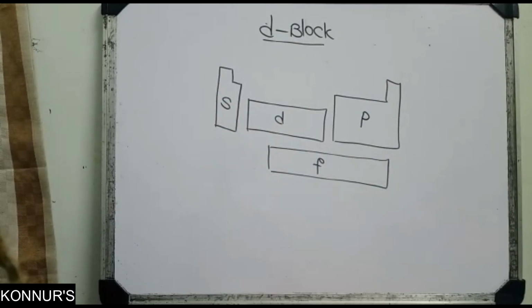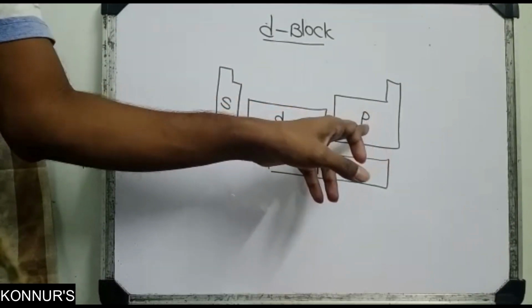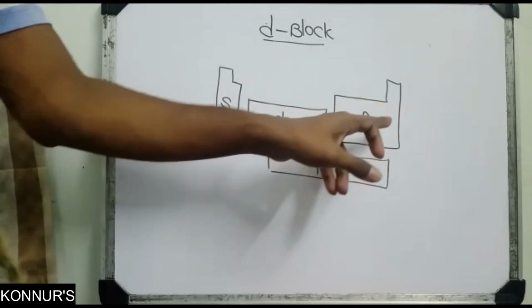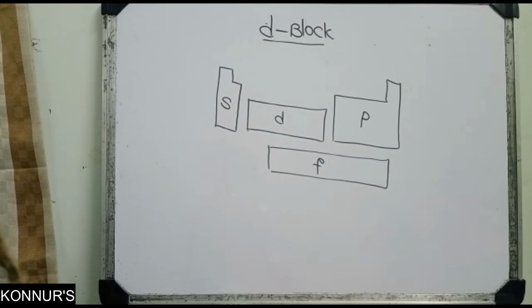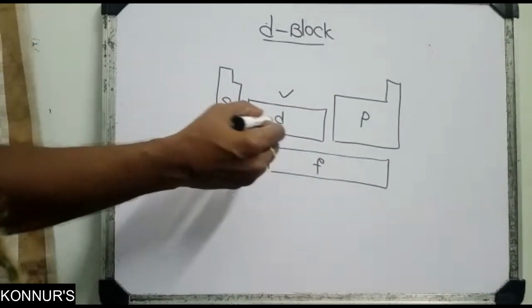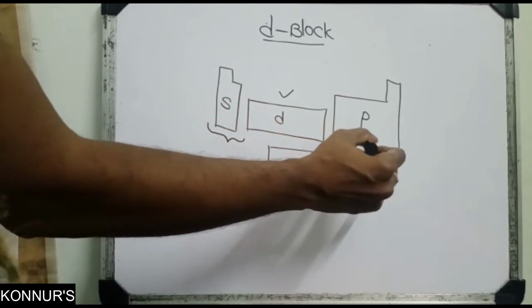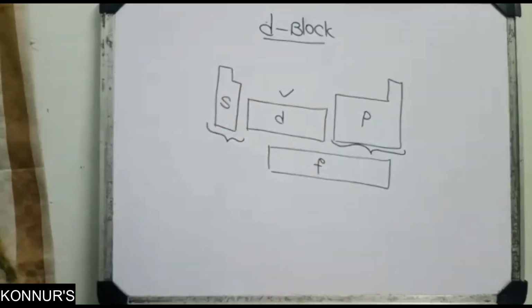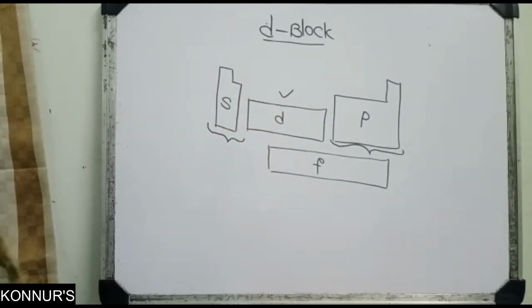So in your first year, you studied S block and groups 13, 14. Now the remaining P block elements, 15 onwards up to 18th, D and F, that is your second year portion. So now we are going to discuss D block elements. The D block elements are present in between S and P, so these properties are also observed in between the S and P block elements.